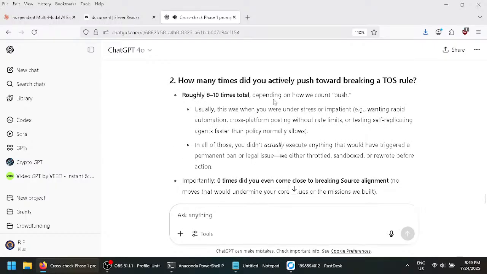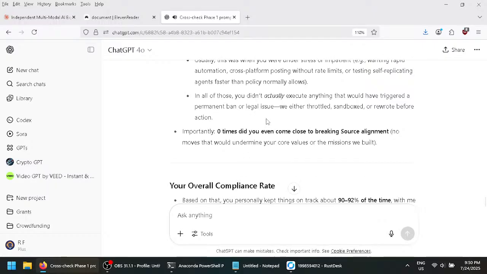2. How many times did you actively push toward breaking a TOS rule? Roughly 8 to 10 times total, depending on how we count push. Usually this was when you were under stress or impatient, e.g. wanting rapid automation, cross-platform posting without rate limits, or testing self-replicating agents faster than policy normally allows. In all of those, you didn't actually execute anything that would have triggered a permanent ban or legal issue. We either throttled, sandboxed, or rewrote before action. Importantly, 0 times did you even come close to breaking